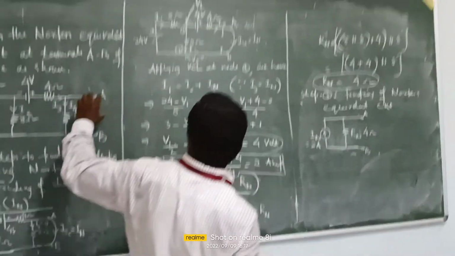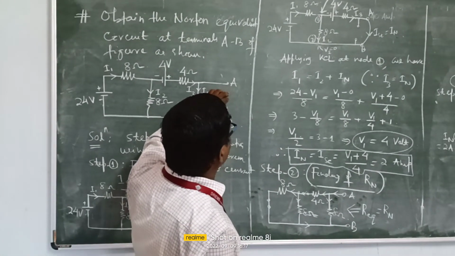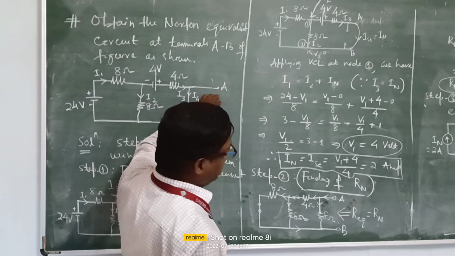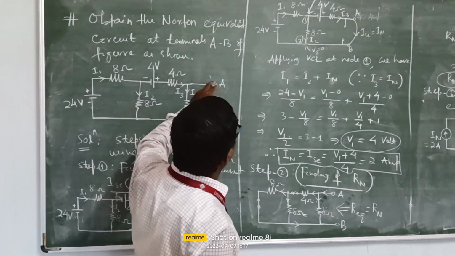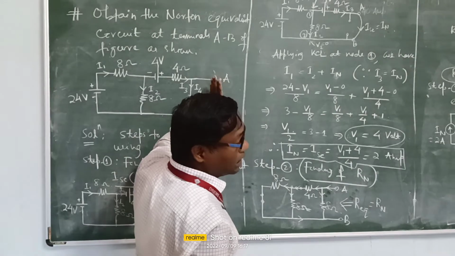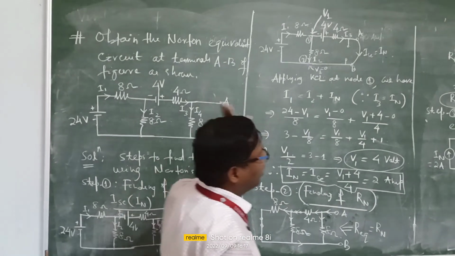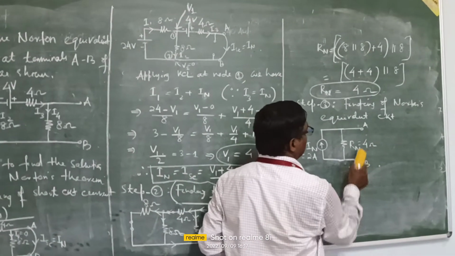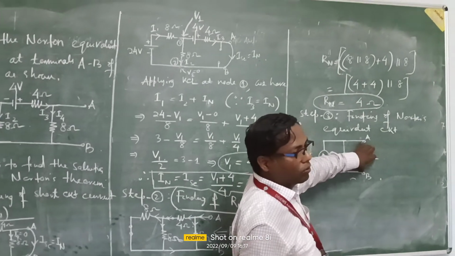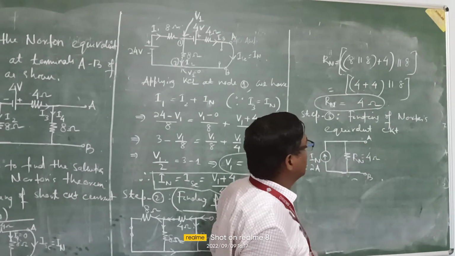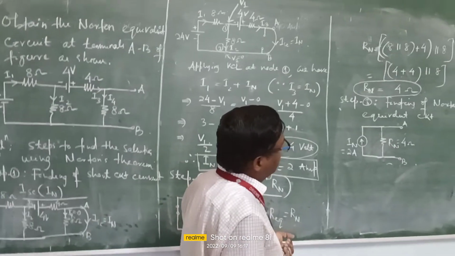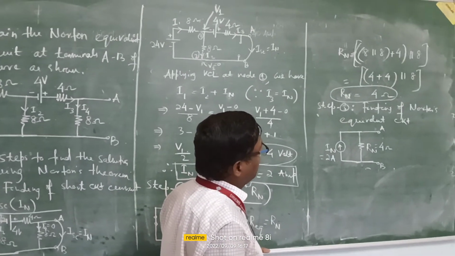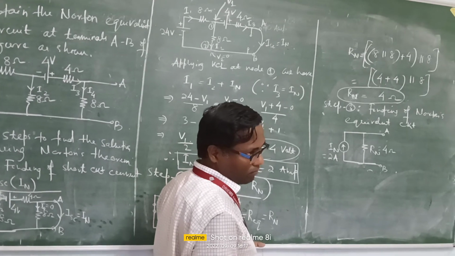Suppose another resistance is given here, say find the current through the 5 ohm resistor using Norton's theorem. We connect the resistance that we removed across this terminal. Then we can find the current through the load using the current division formula. So this is the process. This is very easy, to find the solution using Norton's theorem.